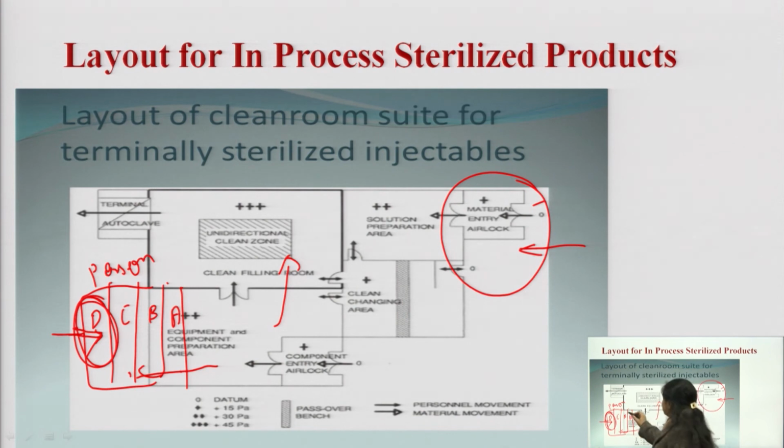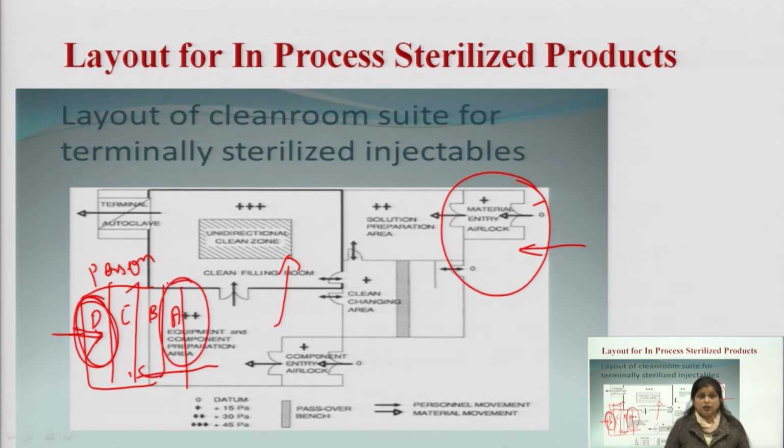That gray area is known as C, and it will contain fewer microorganisms as compared to the black zone. From the gray area, persons can move towards the white area, and that white area will contain no microorganisms and no dust particles. That A area is also known as the aseptic area, meaning it will be